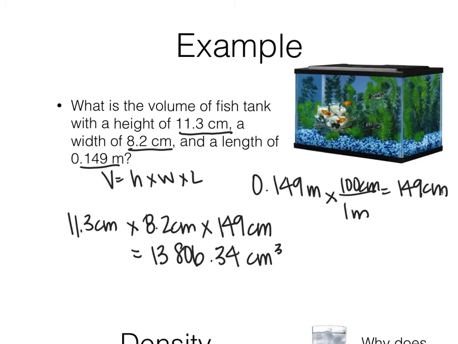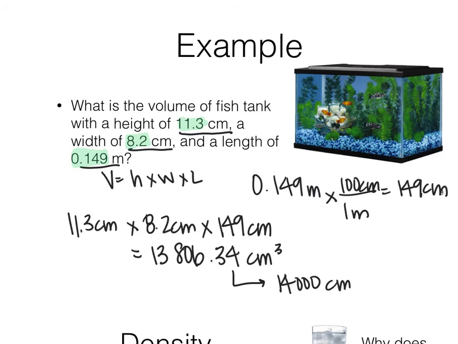So when we look at the problem, we can see that this value has 3, this value has 2, and this value also has 3. So that tells us that our final answer needs to only have 2 significant figures. So when we look at this, we can see that that's going to make it 13 something thousand maybe, but rounding 5 and up, round up. So this is going to end up being